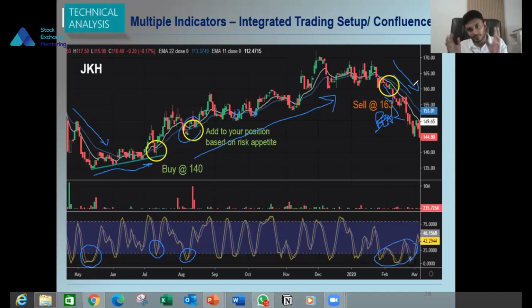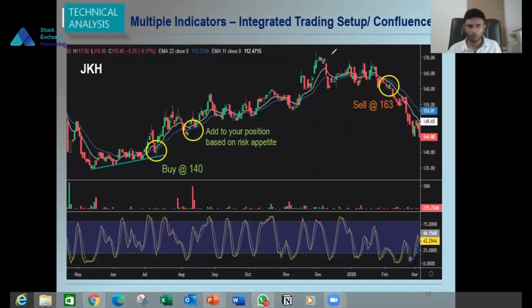It just gives you a glimpse, kind of a teaser, of how to use these indicators in a logical way and improve your overall trading setup to make your trading decisions, instead of using one indicator in an isolated way. You use one indicator and make a decision, and with another indicator in another isolated way you make a decision, and you try to make a trading decision, it doesn't work. But if you use all these indicators in a very logical sequence and an integrated manner, which is called confluence, where all the indicators are confirming the direction, based on that you make your trading decision. So this is how we have to improve our technical analysis skills to improve our trading.